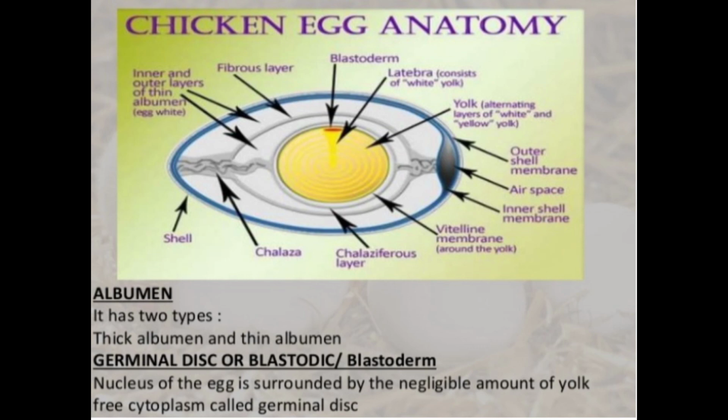And next move on, basically the isthmus part of the oviduct secretes two shell membranes made of tough keratin fibers matted together. The two shell membranes are closely applied except at the blunt end of the egg, where they are separated by an air space formed after the egg is laid. The nidamental glands of the oviduct secrete a porous shell which soon hardens.